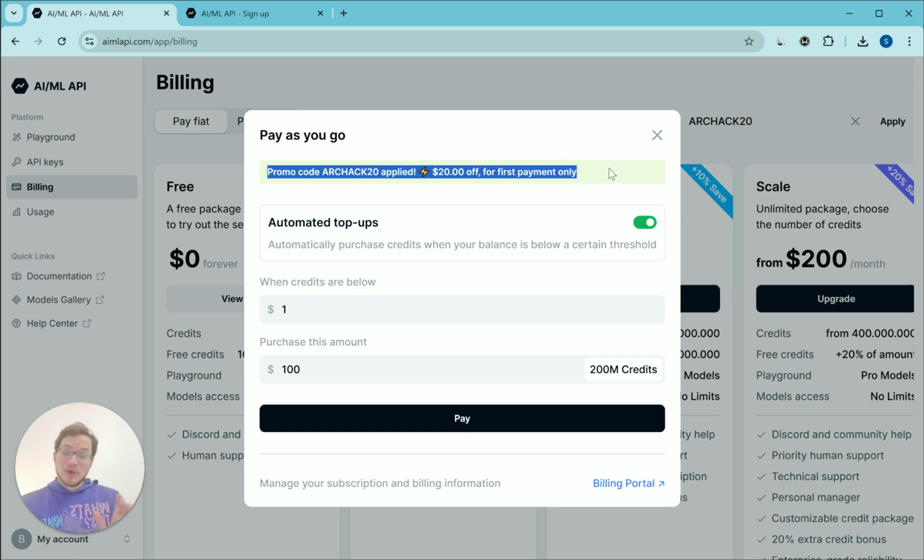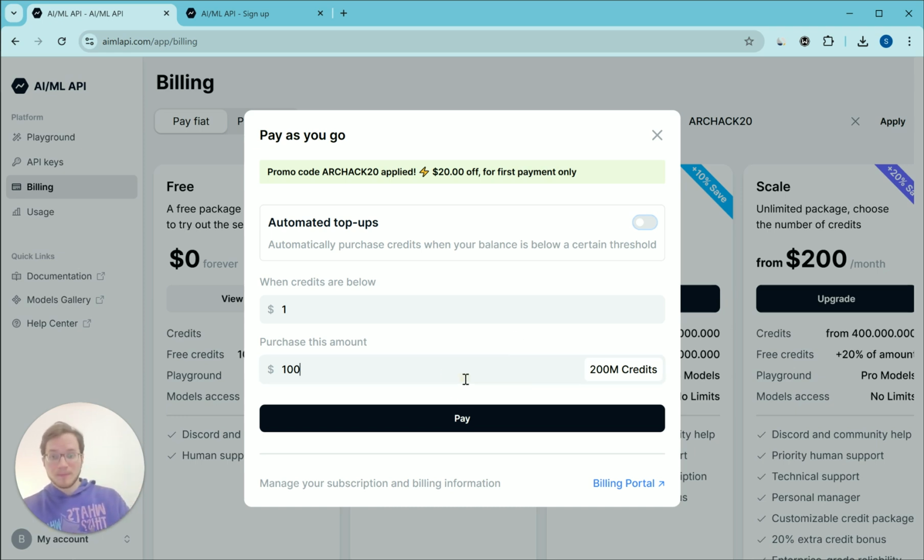So it can be that if you click one more time, the button will be red. Don't worry about it. This is what you have to watch out for, right? As soon as you do this, turn off the automated top-ups. They're very useful, but only for production-ready startups, not for a hackathon. You don't want to get charged more, right? And then decrease this right here, $20. That's it. Then you click pay,